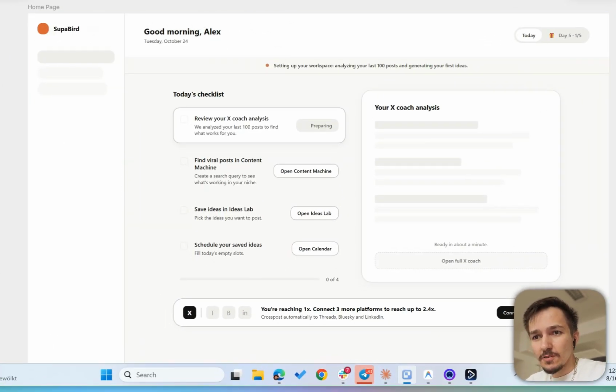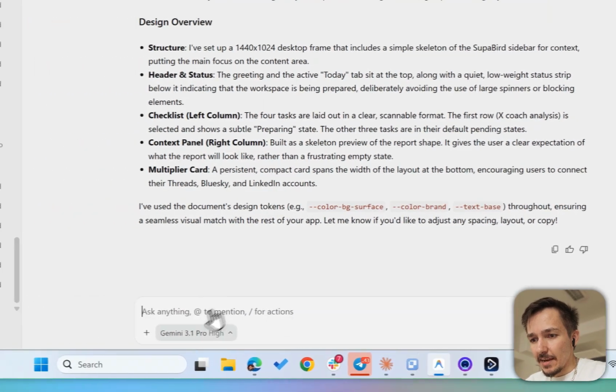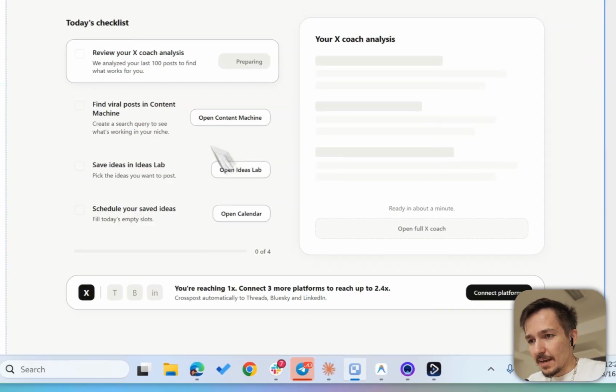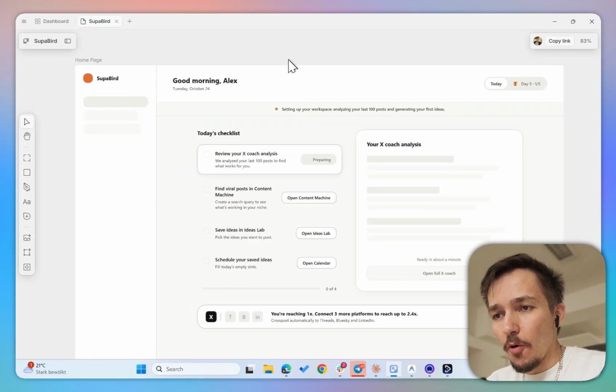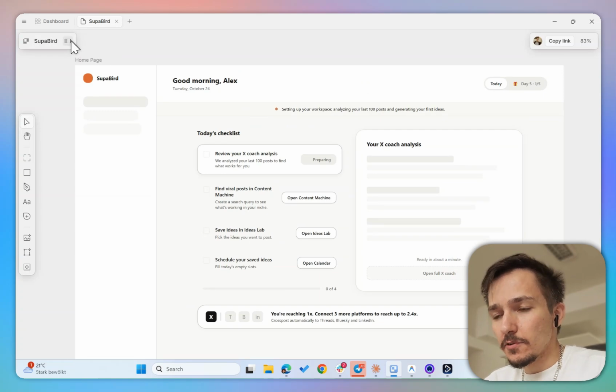This is not, of course, Paper's fault. It's more about the models that you're using. And I guess I used Gemini Pro, which is the highest model they have here, but still, I guess it's just not as good as Opus in designing. And I mean, this is also not bad, but here, for example, I need to do more